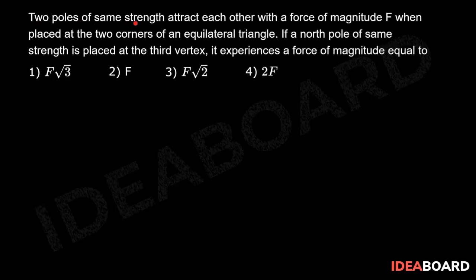Two poles of the same pole strength attract each other with a force of magnitude F when placed at two corners of an equilateral triangle. If a north pole of the same strength is placed at the third vertex, it experiences a force of magnitude equal to. So, given that we have an equilateral triangle,